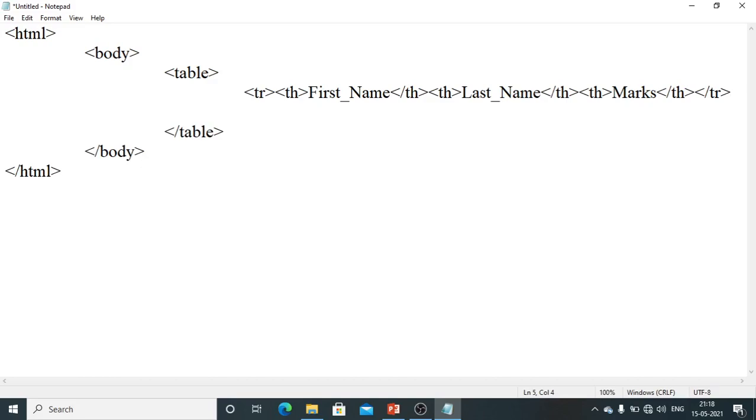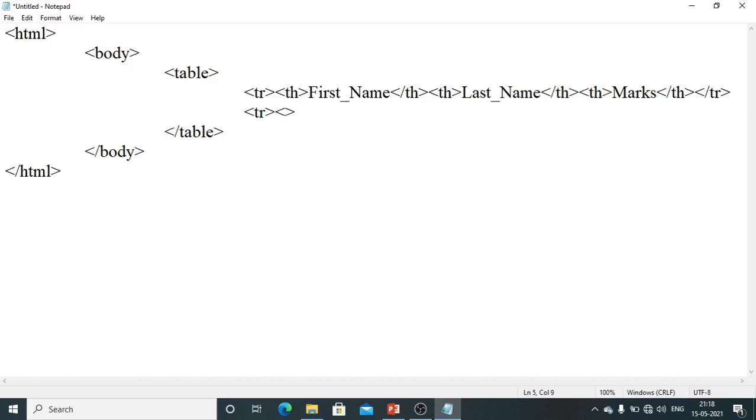Next I will start entering the values in the different rows. Since I am writing a different row, I will start with the tr. So here what will be there? Names and their respective marks will be there. Now to add content within a particular cell, what should I use?